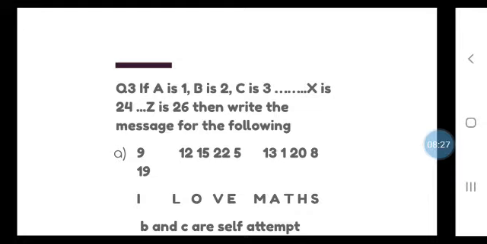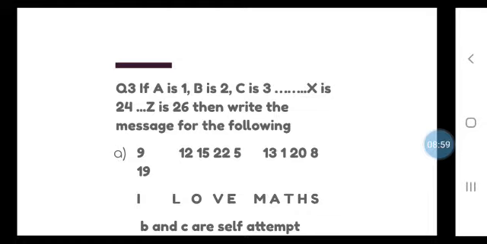Question number 3, children. All this has to be done in the books only. Now a secret code. A code is something which we crack out. Mostly the security agents use this type of secret codes. Children, the question says, all my English alphabets, there are 26 alphabets. If I give each alphabet a number, A gets 1, B gets 2, C gets 3 and so on. Z will get 26. Can you decode?